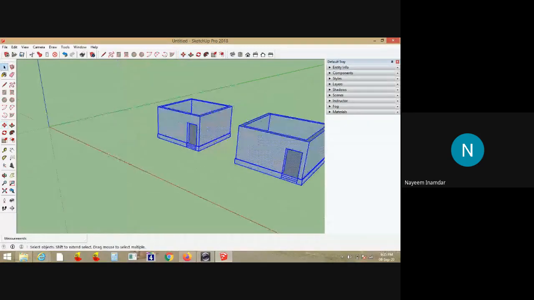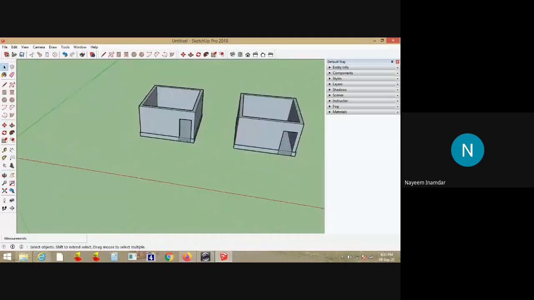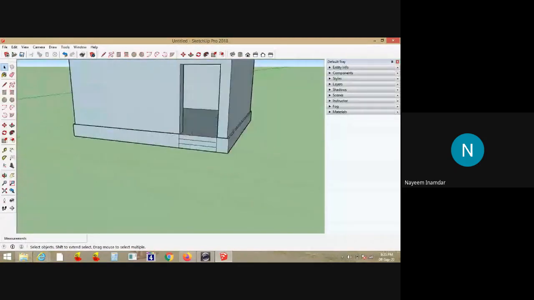I moved it here. The only difference between copy and move is that whenever you want to copy, you have to use the move command only, provided you press the control button on your keyboard, then only this will get copied, otherwise it will keep moving. This is how we have to copy.